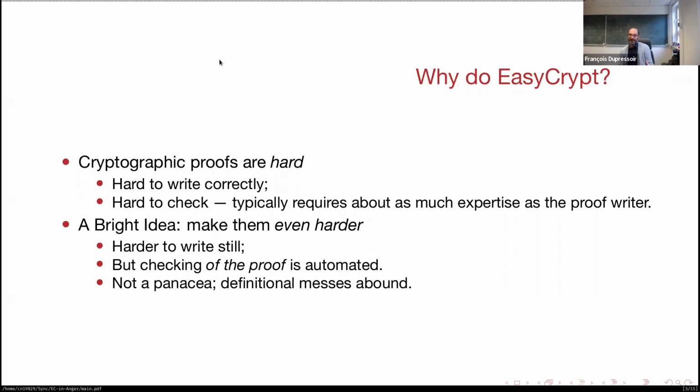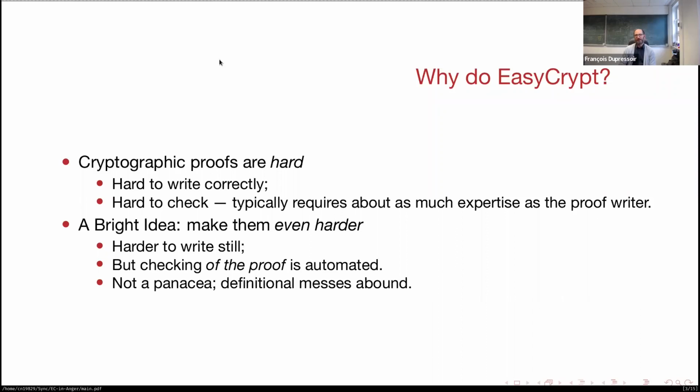So the bright idea that was had in 2009 with the precursor of EasyCrypt, that was EasyCrypt, was to make cryptographic proofs even harder than they are, right? So the idea is you make them harder to write, but they're harder to write because you're essentially explaining it to a very stupid 2-year-old, which is your computer with a reasoning engine that checks painstakingly that each of the steps of your proof are correct. And that checking itself is automated. That doesn't solve all problems, right? So you know now that the proof is correct as long as you trust the tool. So there's a bit of trust that's been pushed away